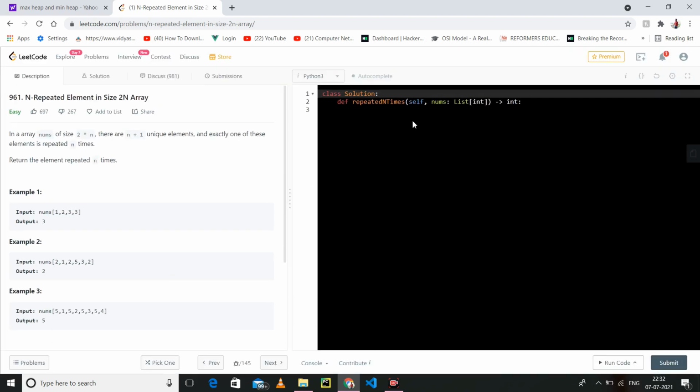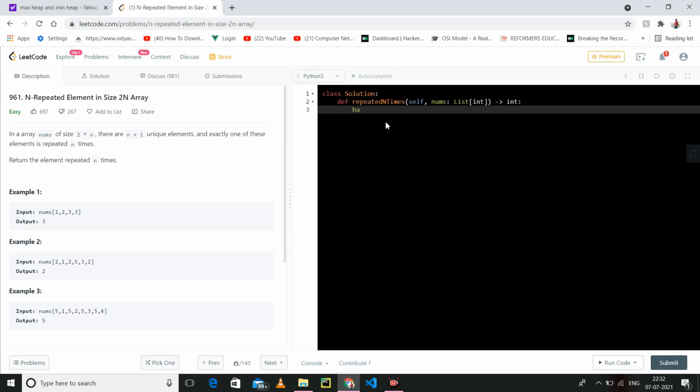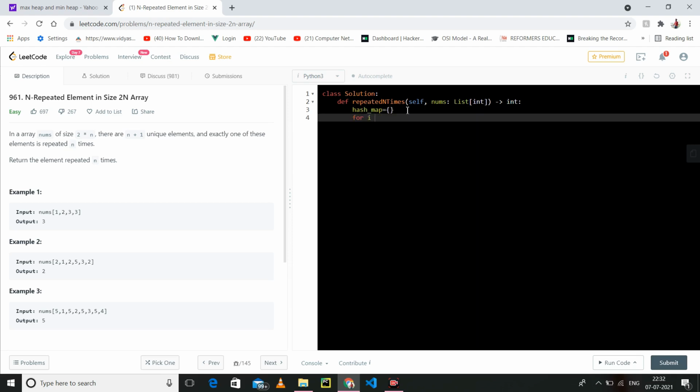I have already mentioned in my previous video, if you have to find the count of how many times a number exists, you have to use a hash map. Every time you have to use a hash map. So here we are going to use a hash map, and this is very efficient. Let's take a hash map, or you can say a dictionary. So every element is